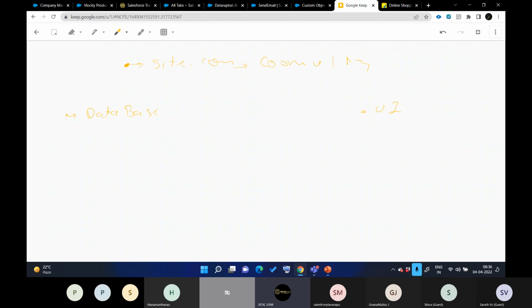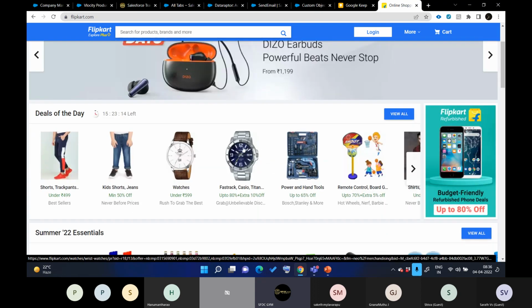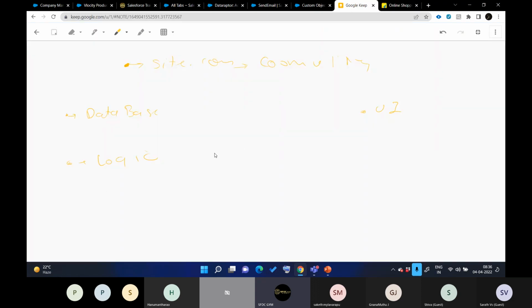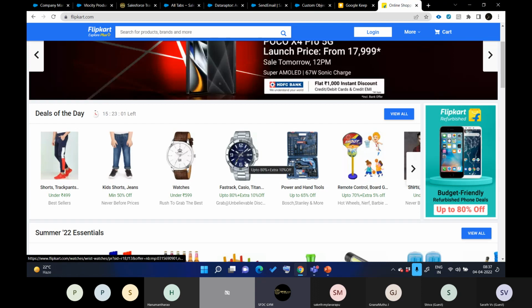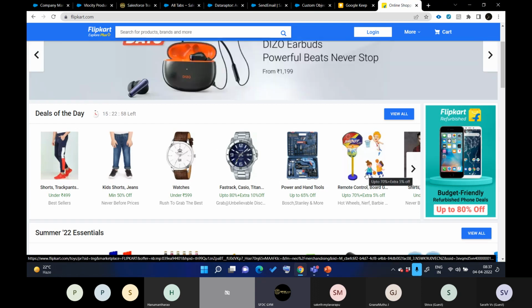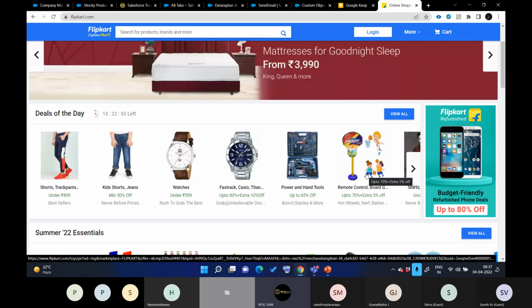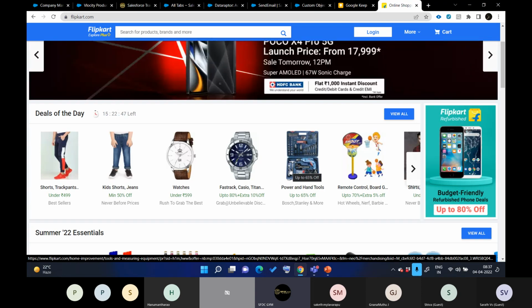The next thing that we need is logic, right? All those buttons that you're seeing should actually work functionally also. Let's say if I click on that particular watch and I want to buy it, then all those buttons should work exactly. So for that we need logic. And in Salesforce, as you already know, the data storage is very limited. Nowadays, if I want to configure hundreds or thousands of products, and each product has 5 to 10 photos, and each photo is 5 to 6 MB, storing that much data will definitely cost a lot.